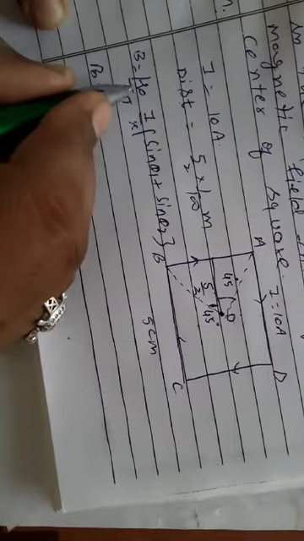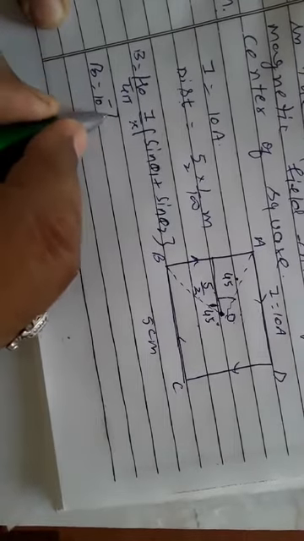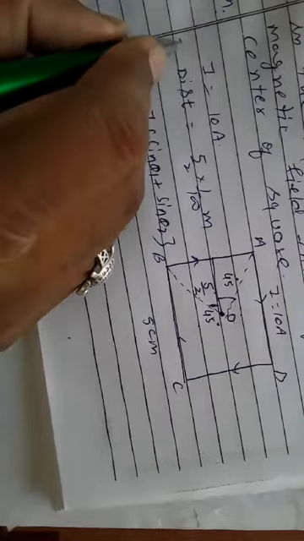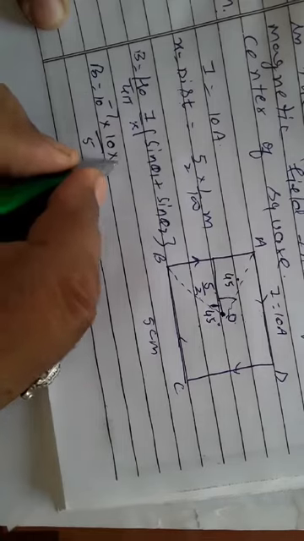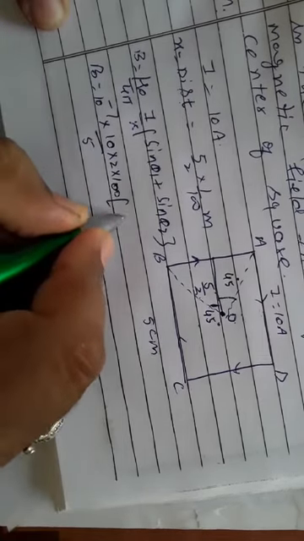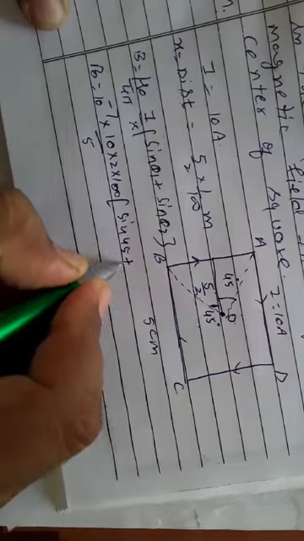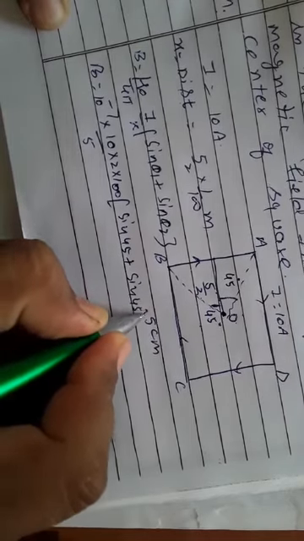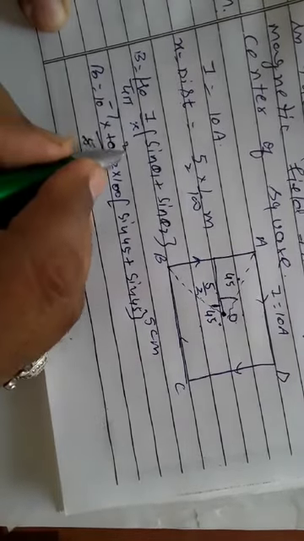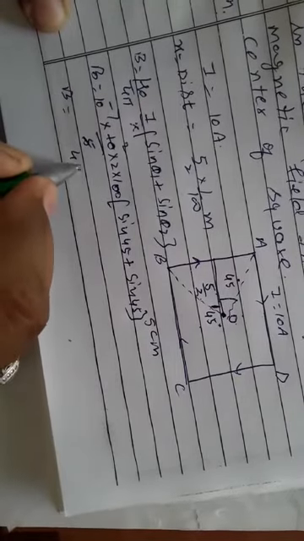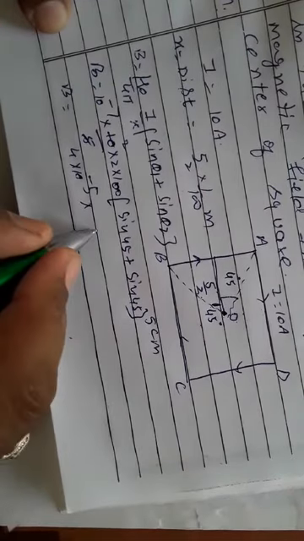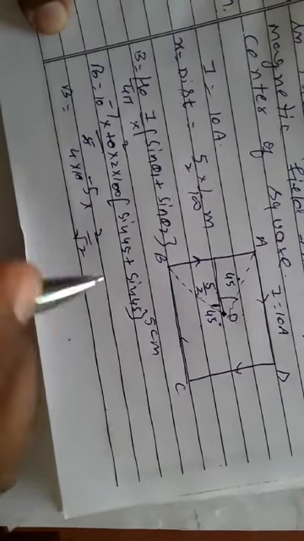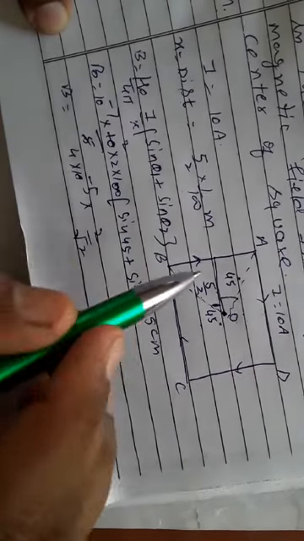Now we know the value of mu naught upon 4 pi is 10 power minus 7, current is 10, distance is x, so it is 5 into 2 into 100 into sin 45 plus sin 45. Now B is equal to 4 into 10 power minus 5 into sin 45, 1 by under root 2 plus 1 by under root 2, it is 2 by under root 2. So now this is the magnetic field intensity due to the straight conductor AB.